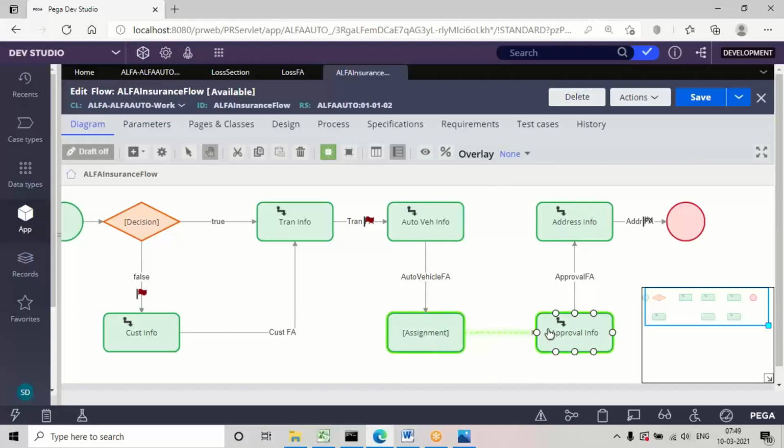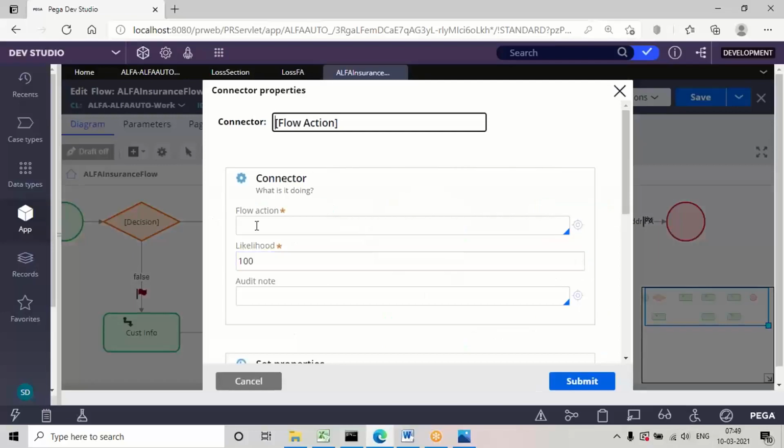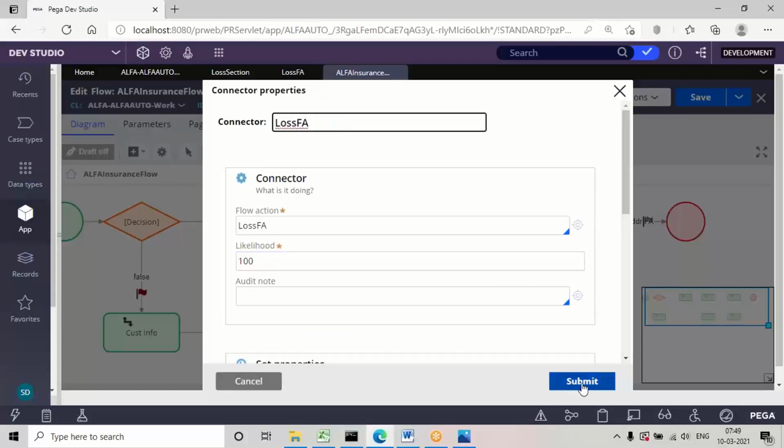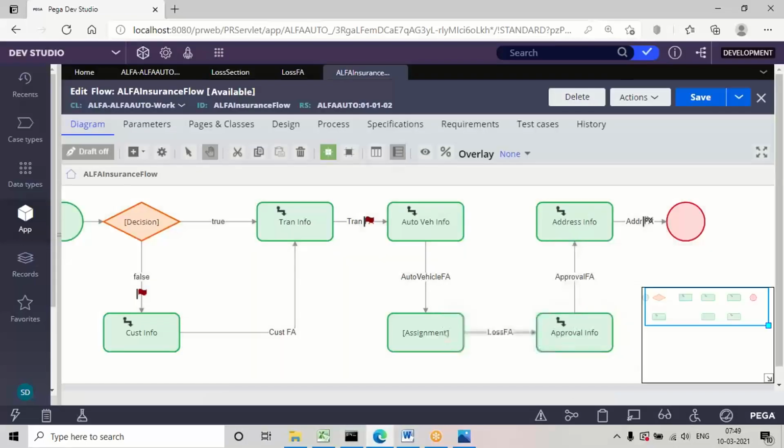So first of all, give these flow action details. Now let's apply this routing.